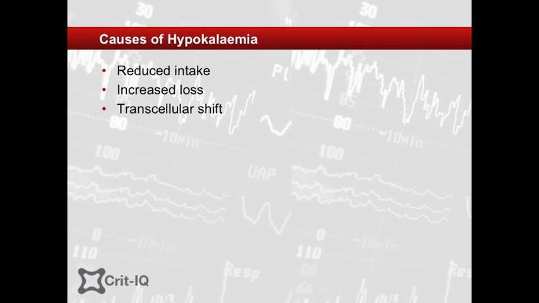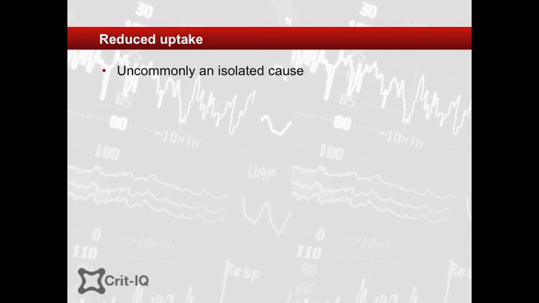Common causes of hypokalemia include reduced intake, increased loss from the gut or kidney, and movement of potassium from the extracellular to intracellular space. Importantly, potassium reabsorption in the kidney is usually inhibited by concomitant hypomagnesemia and will be refractory without magnesium replacement. It is rare for decreased uptake alone to cause persistent hypokalemia, though in concert with other factors, it may be a contributor.